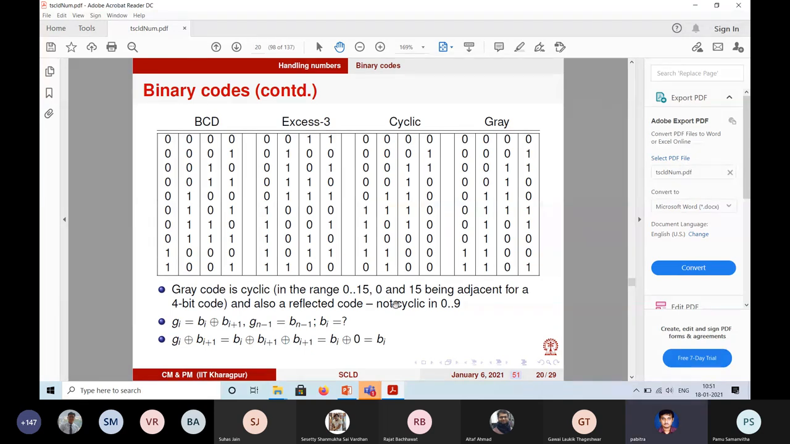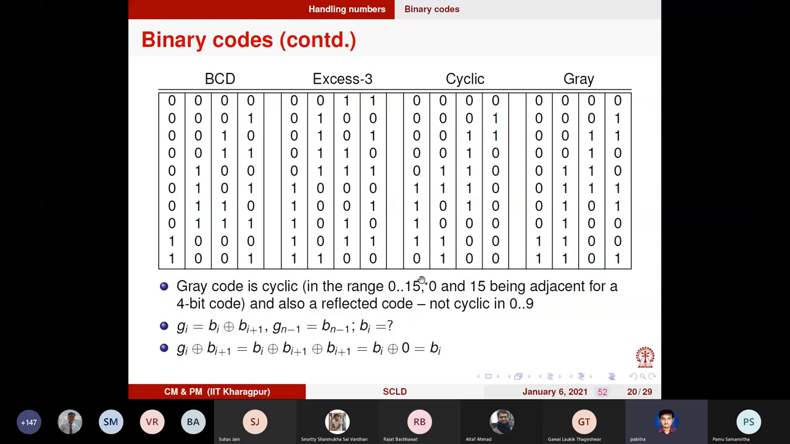Yes. So as I have told you that Gi is Bi XOR Bi plus 1, and Gn minus 1 is just Bn minus 1. All right. So now how do I get back Bi from the Gi? You note here, I'll try to derive that. Note here that Gi XOR Bi plus 1, if you substitute